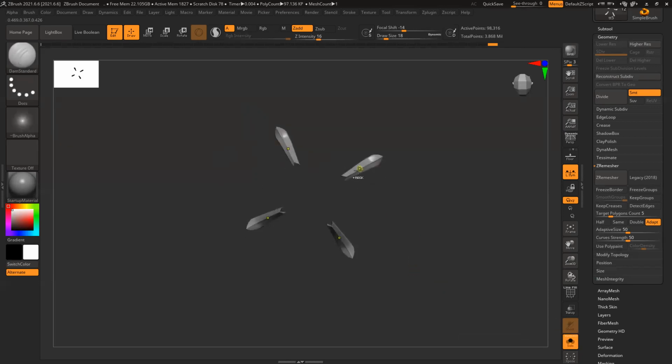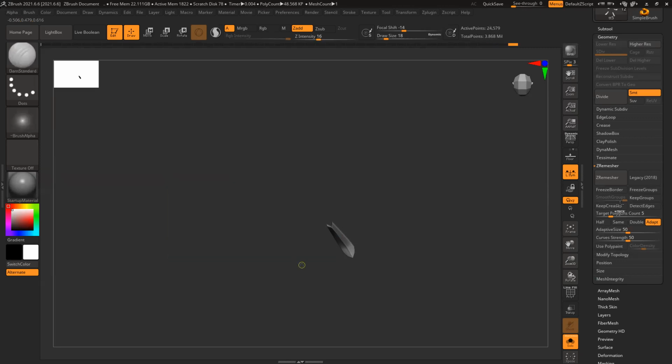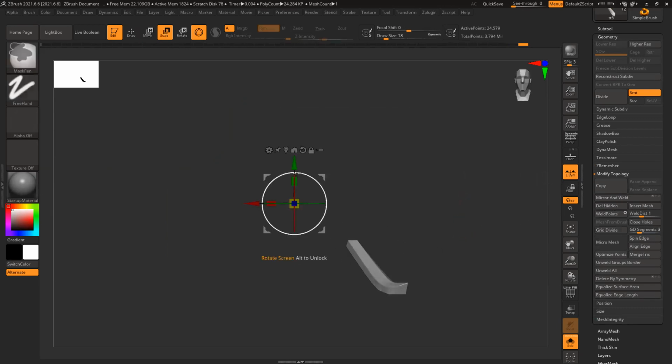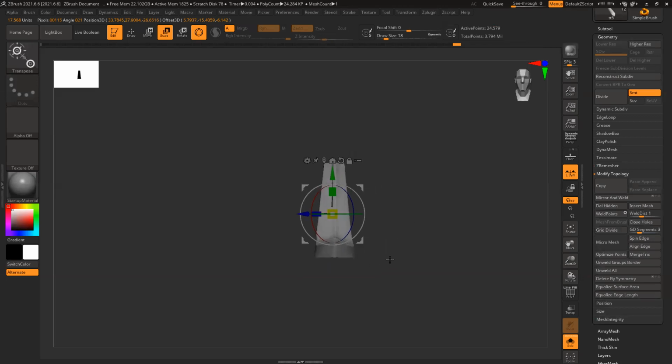Oh, symmetry is still on. Hide. Modify Topology, Delete Hidden, front. Perfect, straight. I can see the shape is slightly off.